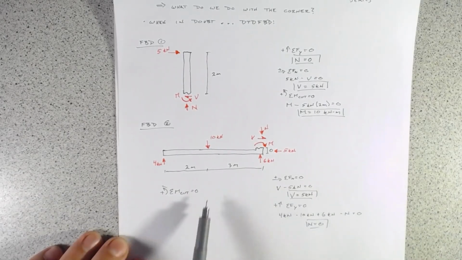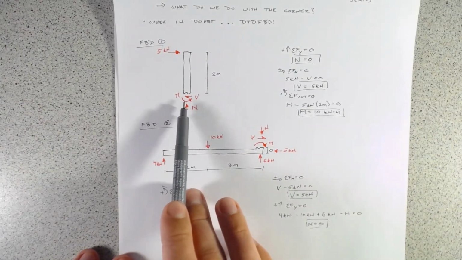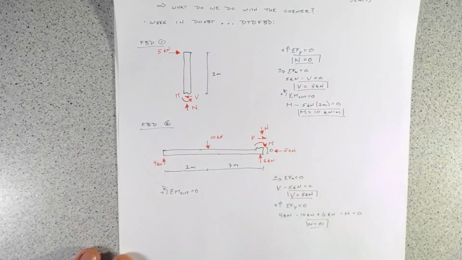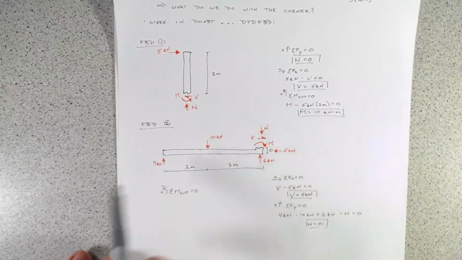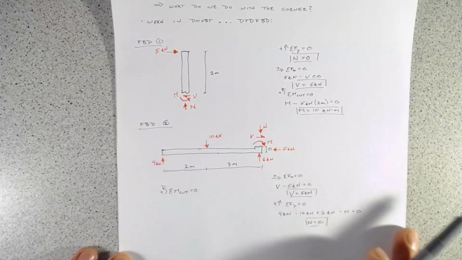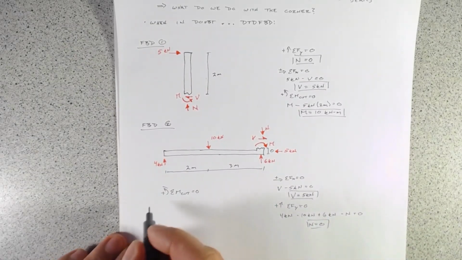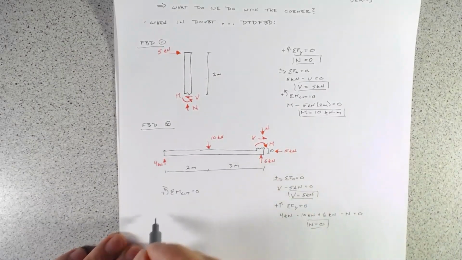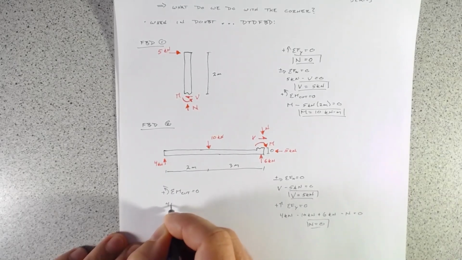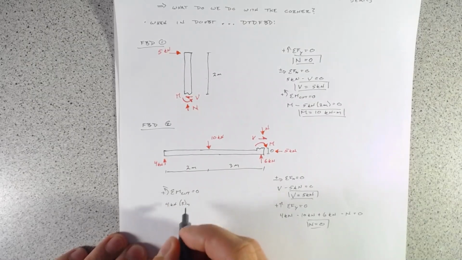And one of the nice things about whenever we break these larger structures into individual elements is that it's always good to sum the moments at the cut, because both the shear force and the axial force have no perpendicular distance, and so you can cancel them out. So you could actually start with this without having to solve the other two. So sum of the moments at the cut, we have 4 kilonewtons times 5 meters away,